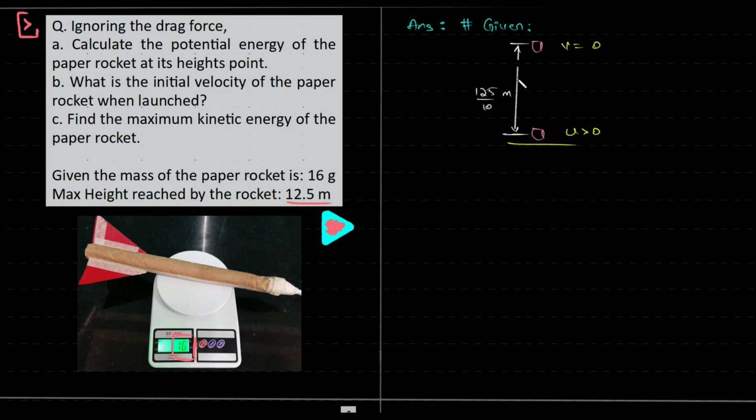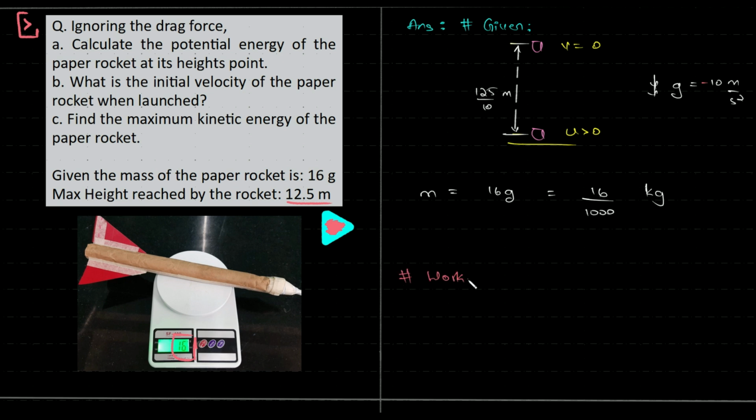Okay, then what else? Then what do we have? Mass, we have, okay, mass is 16 grams, but I don't want grams, I want it in kg, so I'll divide with 1000. Remember, kg, k itself is 1000, so we are multiplying and dividing with 1000. Only then this will be balanced. This we are not converting anything, we'll just keep this as it is. I think we have written everything. Yeah, acceleration due to gravity is downward, that's g, which is 10 meter per second square. Negative actually, but anyways,